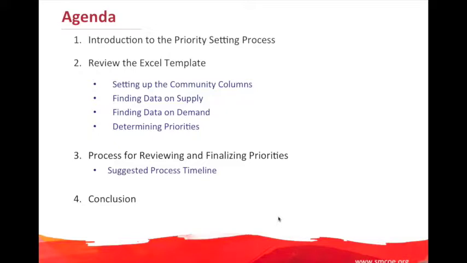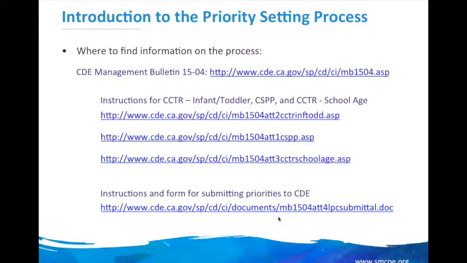So in an introduction to the priority setting process, back in the way old days, everyone did it in a different way. For example, some counties might say, well, all of my zip codes are a priority 1, and that was accepted. And at some point, CDE was saying, can you help us refine this a little bit, because we actually do want to use it to find out which of the zip codes have the greatest need, even though we understand that you like more subsidized care everywhere, or wherever you could find a good place.